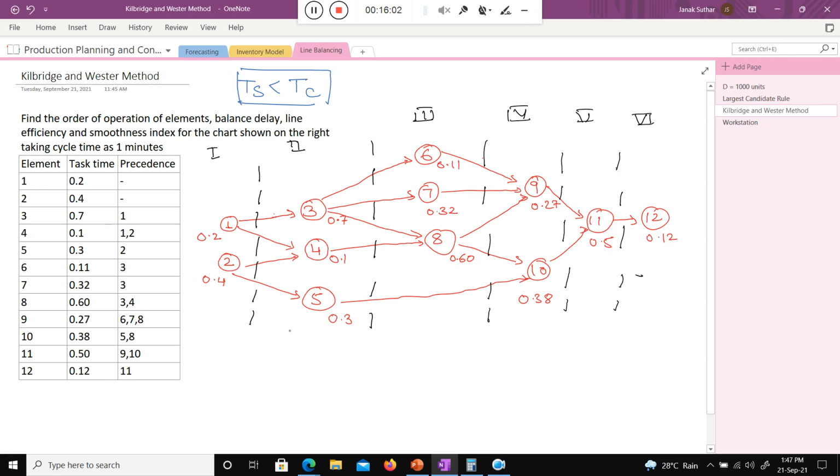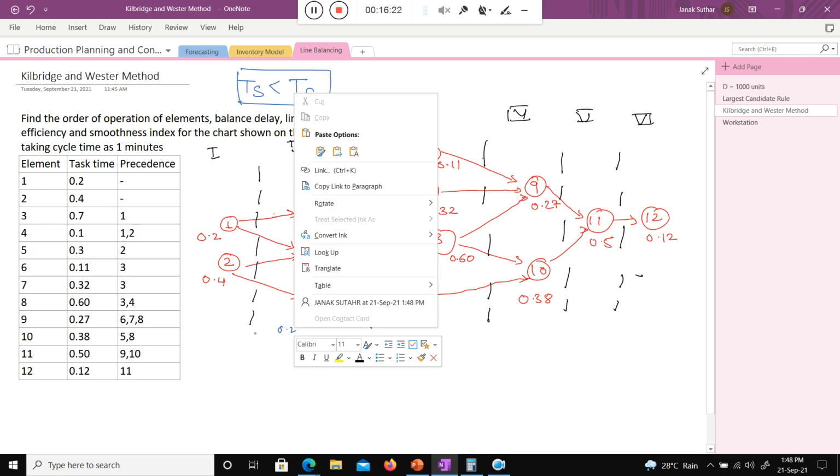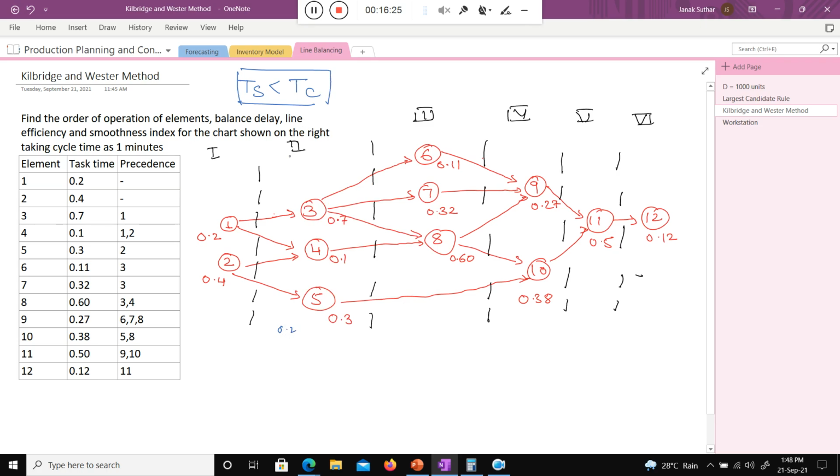But suppose, assume that instead of 0.3 here it is 0.2. I assign that 0.2 and now my time is 0.9, and just assume that 0.1 more, now my time is 0.8. So can I assign 6? No, you cannot assign until you complete this column 2. Once you complete the entire column, then only you can go to the next column. This is the rule. Without completing column 2 you cannot go to column 3.